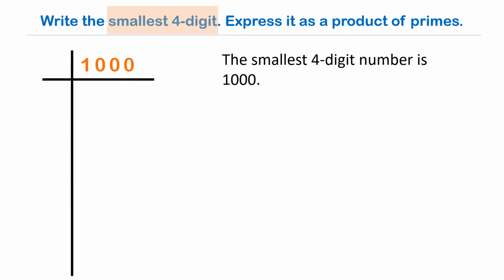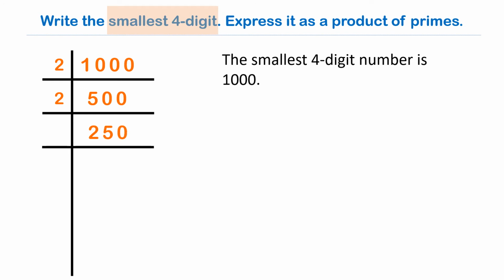1000 is an even number, so it is divisible by 2. So write 2 to the left of 1000 and divide. We get 500. Again, 500 is an even number, so it is divisible by 2. So write 2 to the left of 500 and divide. We get 250. Since 250 is also an even number, it is divisible by 2. So write 2 to the left of 250 and divide. We get